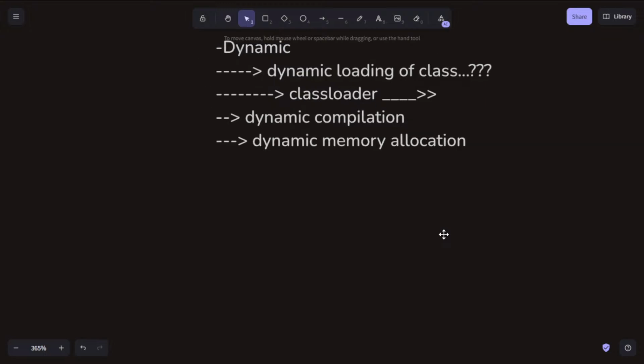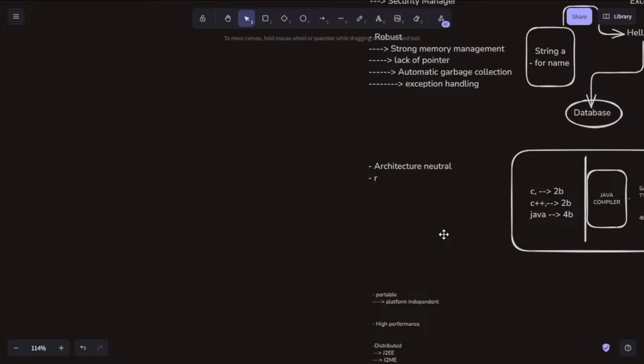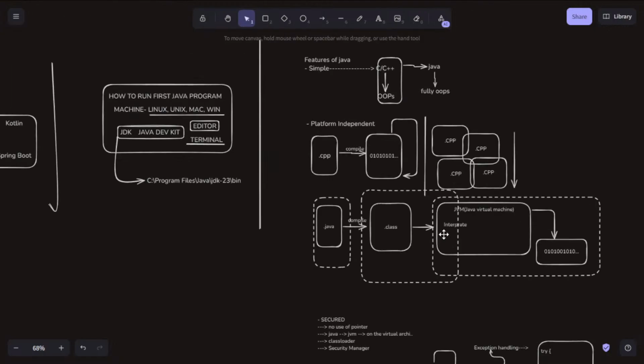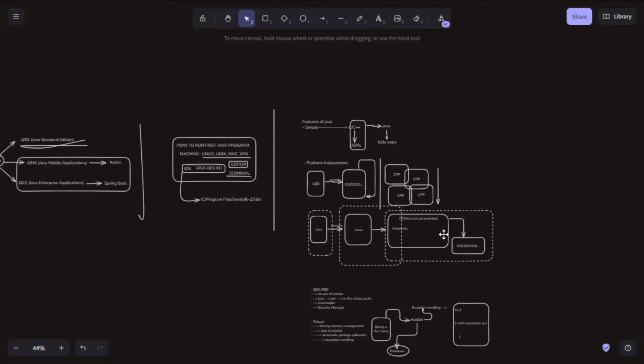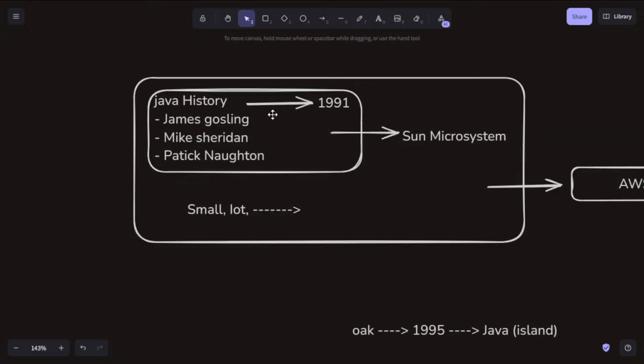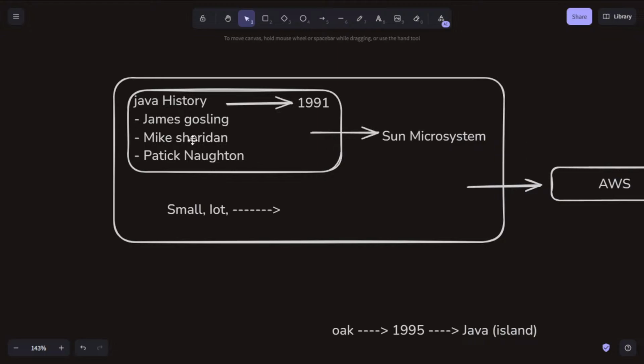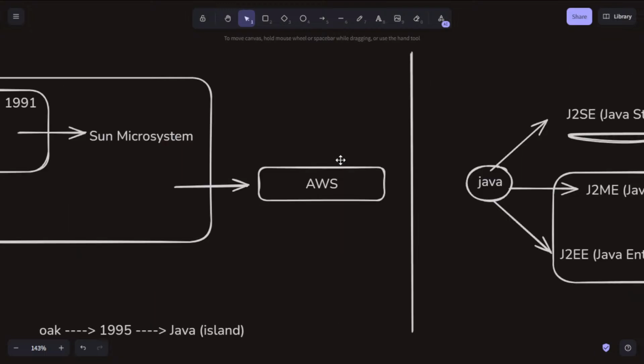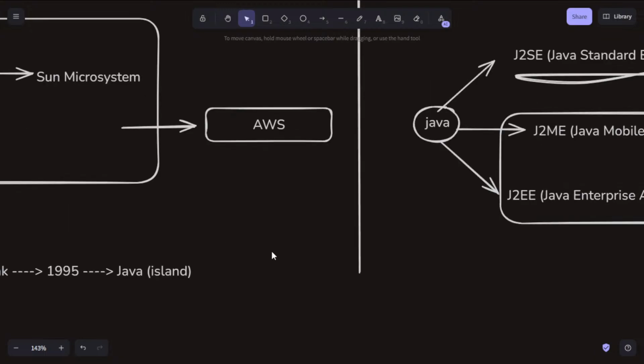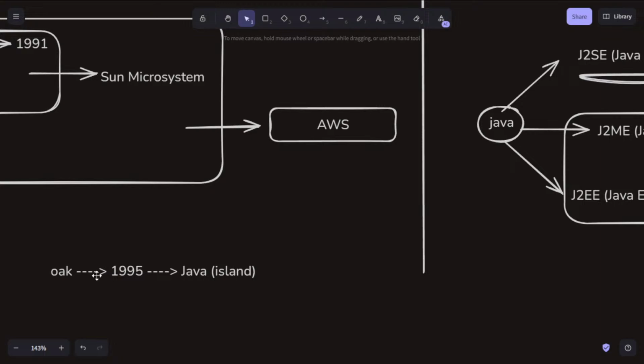So these are all the things we basically need to understand about Java: how Java came in 1991 from Sun Microsystems by scientists like James Gosling, Mike Sheridan, and Patrick Naughton, and how the name changed in 1995 from Oak to Java.